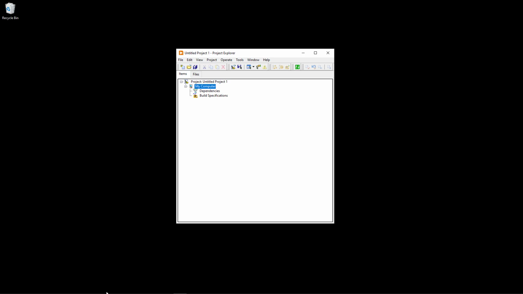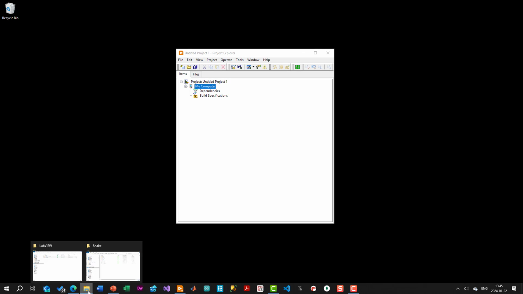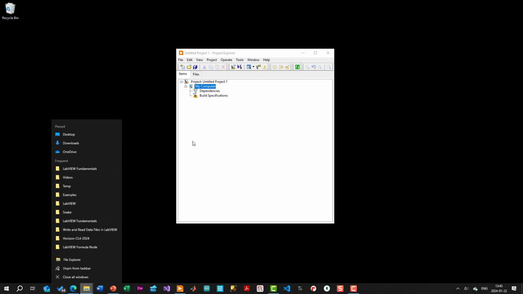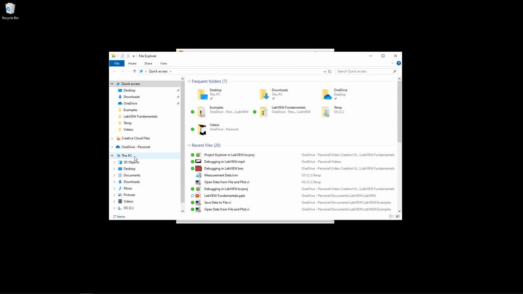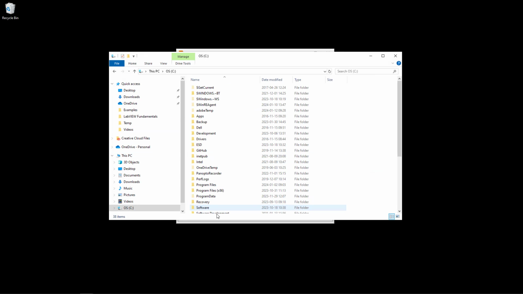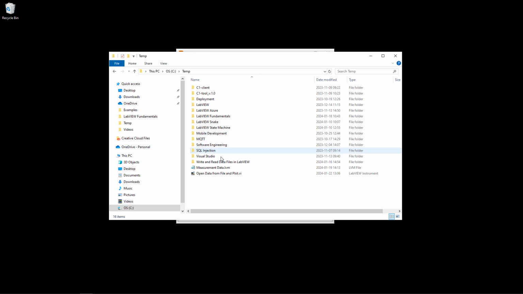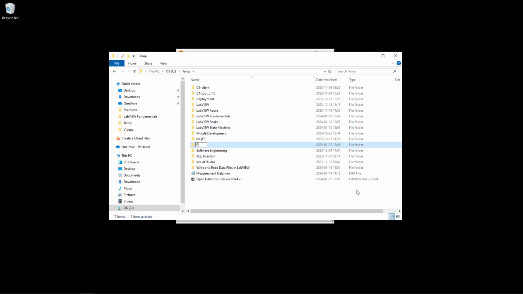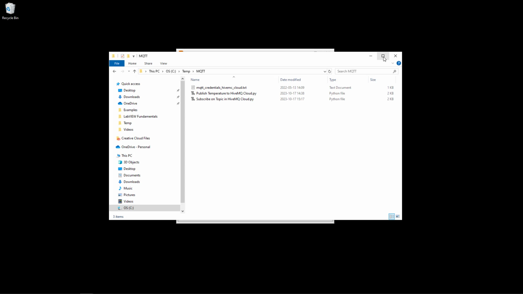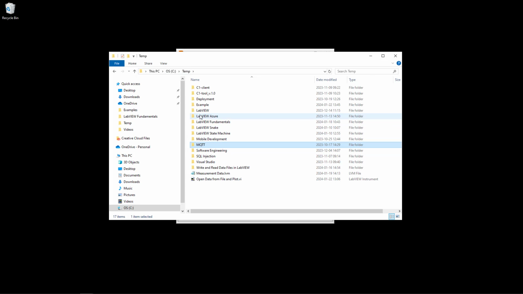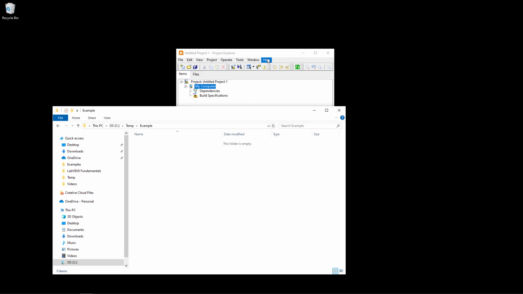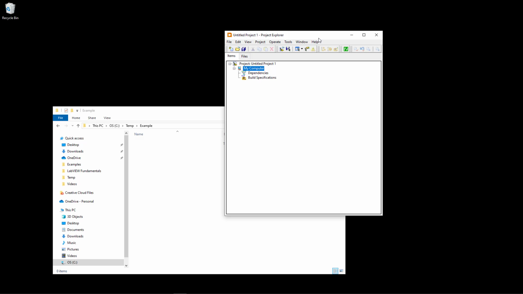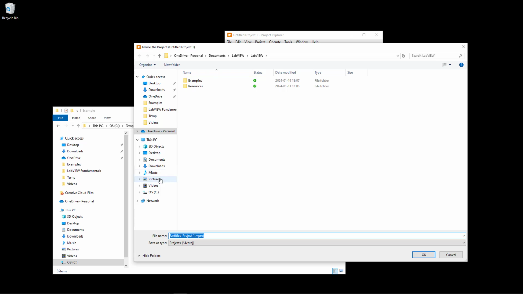So basically, let's assume you have a folder here on your local computer. I just create a folder here on my C drive in a temporary folder. Just create a folder called example or something, and inside here I want to create my LabVIEW files. Sorry, that's the wrong folder, example, this one. So here I want to create my LabVIEW files, so then I just save it, select the folder,